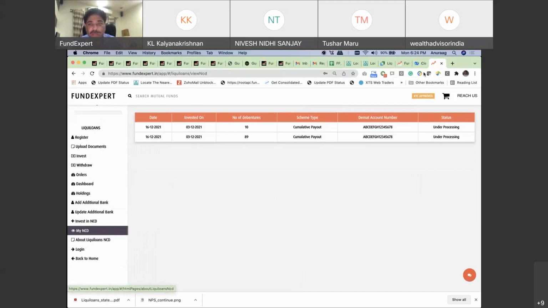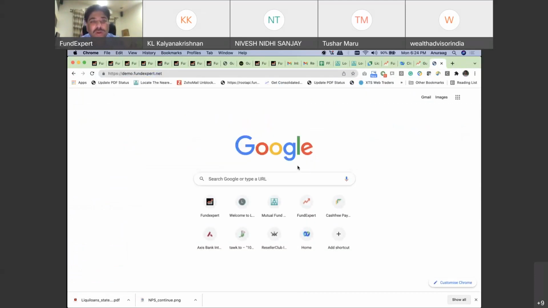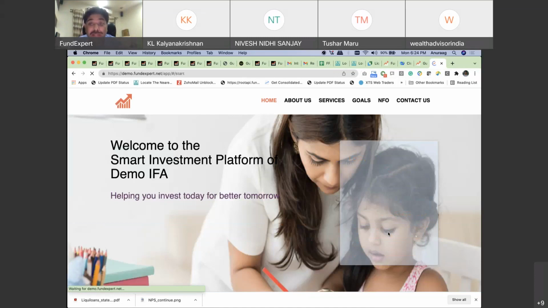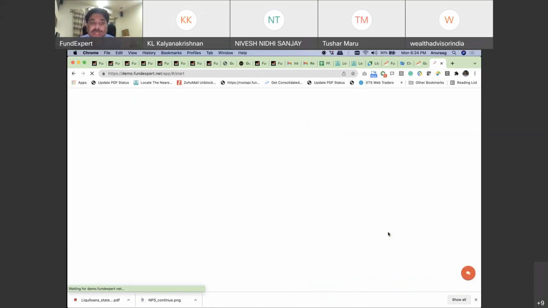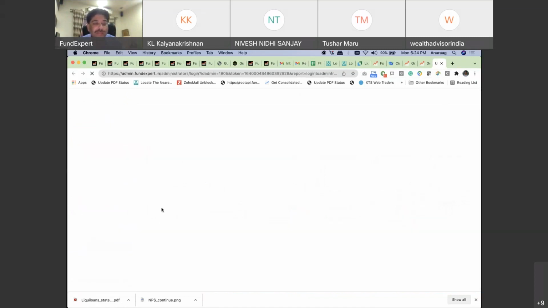Now I'll show you one more interesting thing, a demo of how you can take advantage of this to build a very large AUM, which will never leave you. The advantage of building an AUM under Liquid Loans is a special feature we have introduced in discussion with them, and that's the lock-in.